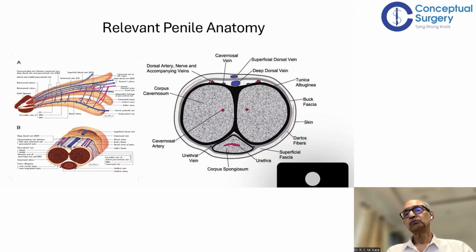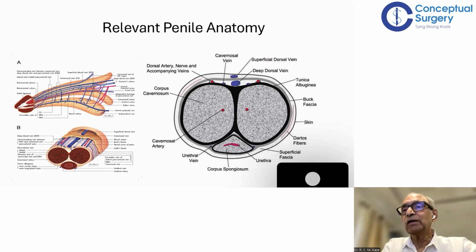Now, to understand the mechanism, the pathophysiology, etc., we need to know the penile anatomy very well. These two pictures actually summarize more vascular anatomy than any other type of anatomy, but this is important for our talk today. So let's look at both these diagrams, and let us look at the right diagram first, and then subsequently we can look at the diagram on the left side.